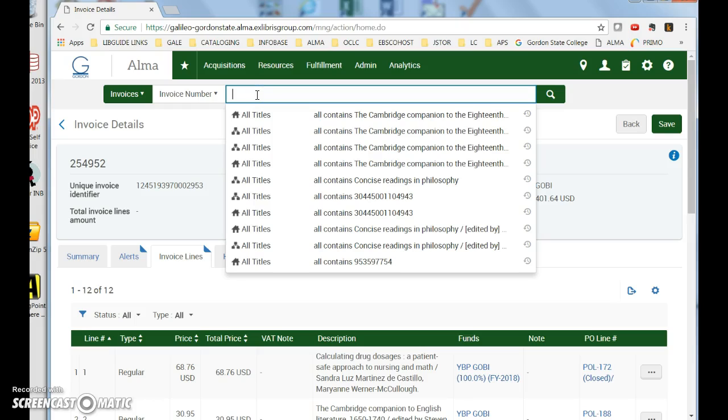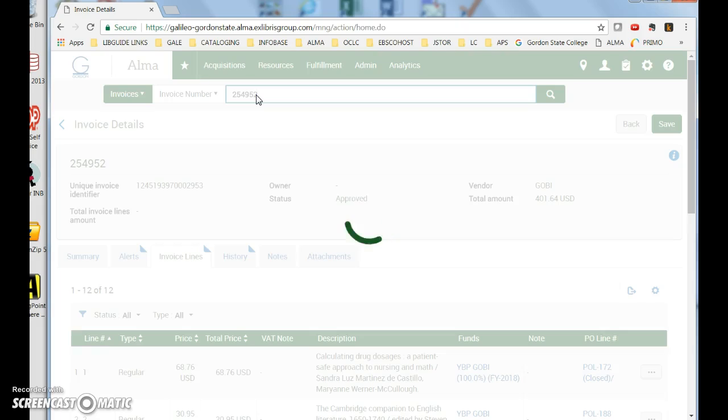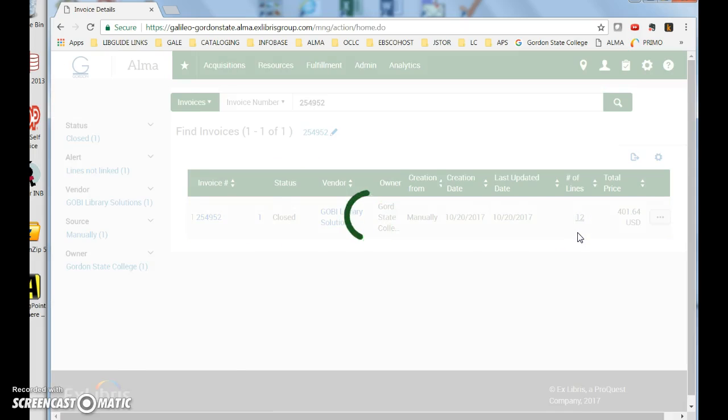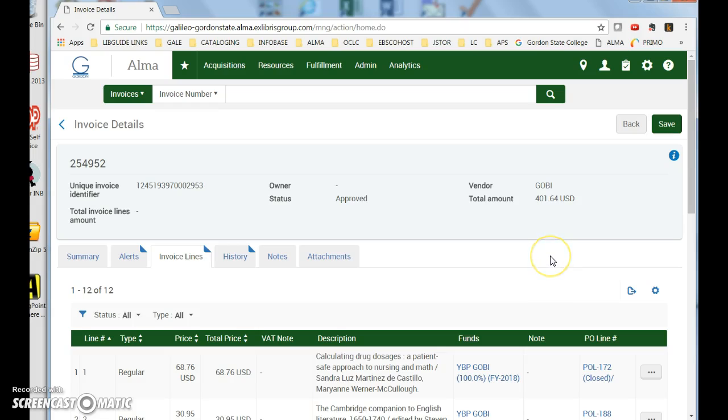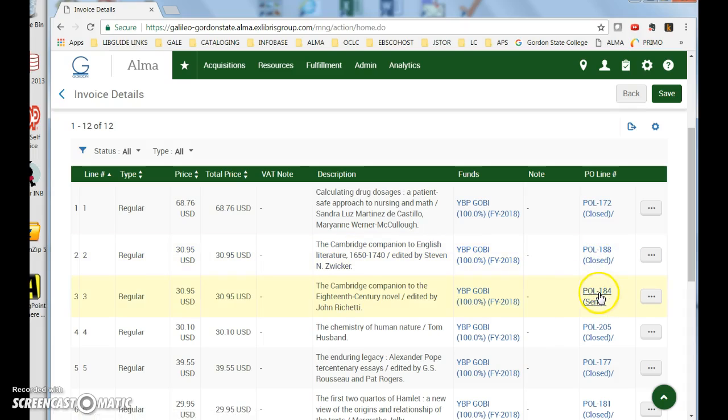So just stepping back and showing you that we entered the invoice number here and we want to note that the status is closed, but we want to look at the invoice lines, and each of the invoice lines is a purchase order line. So you'll notice that 172 is closed, 188 is closed, but 184 says sent, and we want this to say